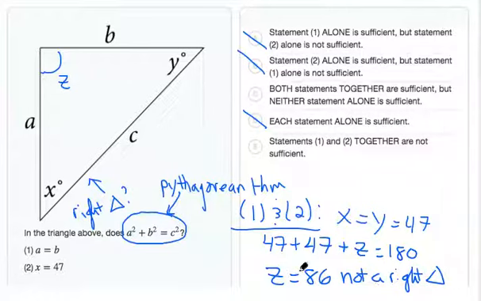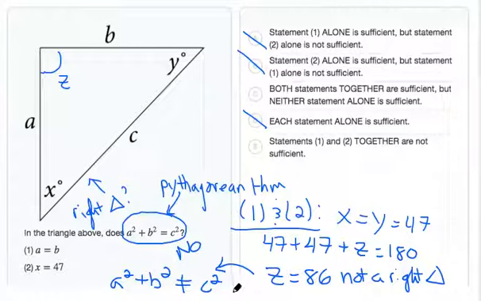And if it's not a right triangle, we can then conclude that a squared plus b squared is definitely not equal to c squared, because that's a relationship that only holds for right triangles. We can definitively answer the question. The answer to the question would be no, they are not equal. So since we can answer the question, these statements together are sufficient. Even though the answer to the question is no, we can still answer the question. So those statements together are sufficient. We can eliminate answer choice E, and our final answer would be answer choice